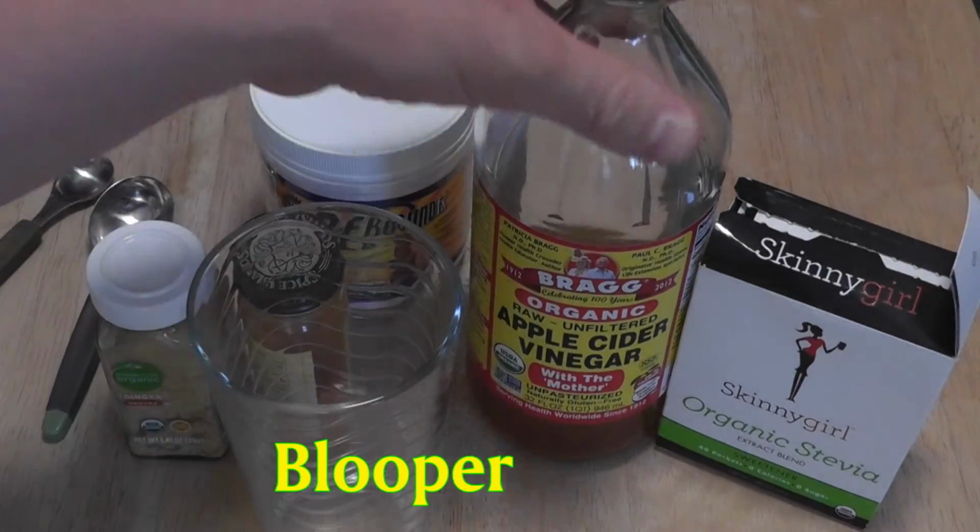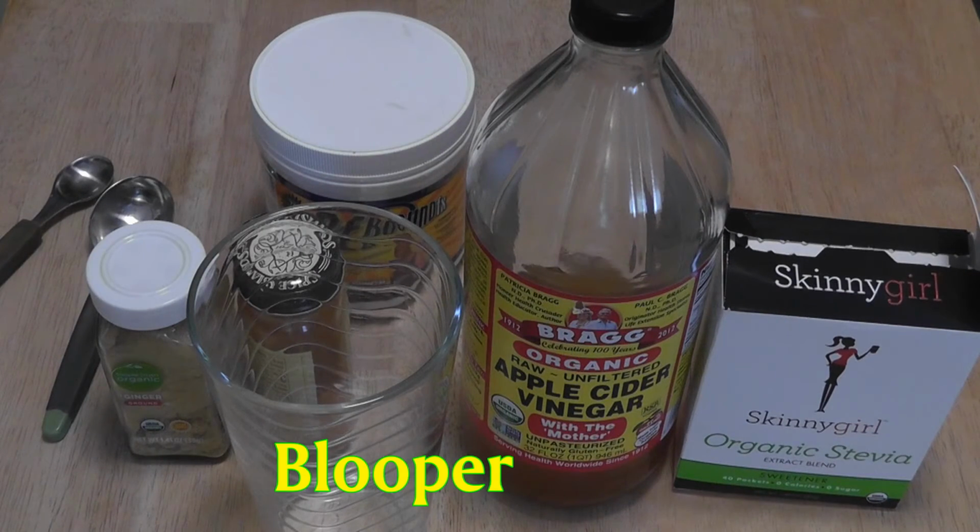It includes apple cider vinegar, which basically back in Hippocrates'